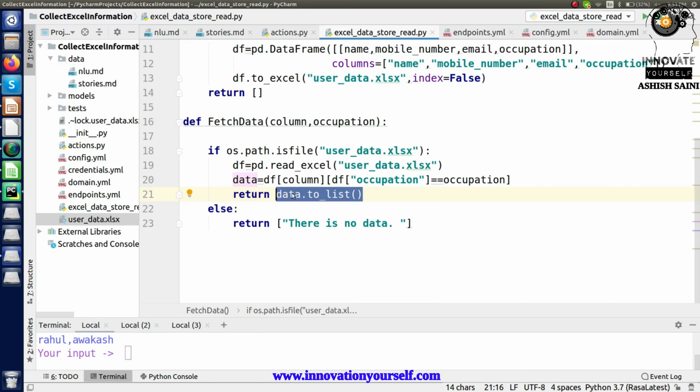Similarly you can test it on RasaX, you can connect it to Facebook Messenger, you can connect it to a Telegram or Slack bot, or anywhere you want to connect to. If in case you don't have the idea how you can connect to them, you can refer to my previous video. There I have already explained with a complete demonstration how you can connect it to Telegram, connect it to the website, connect it to Facebook Messenger or anything. There are so many videos for that. So for the detailed description about any of the topics we have covered in today's session, you can refer to that as well, right?